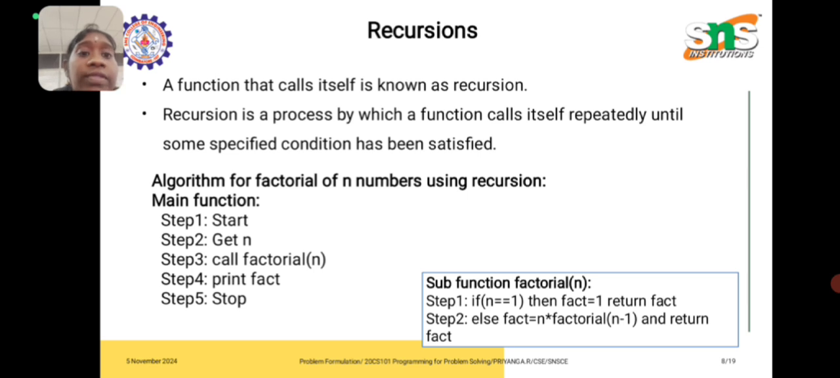Algorithm for factorial: first we start and then we get an input like n. n is a variable; in place of n we can put a, b, c, anything. Then we call the factorial. After calling the factorial, we print the factorial number, then stop. These are the things we